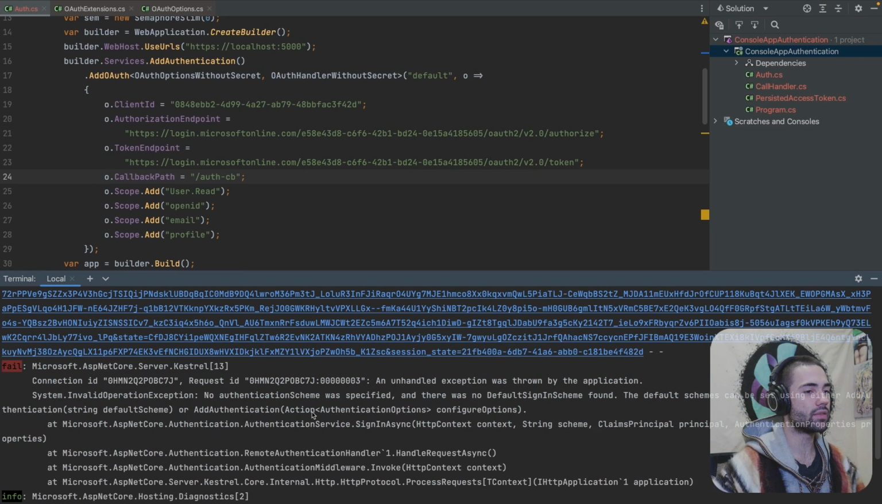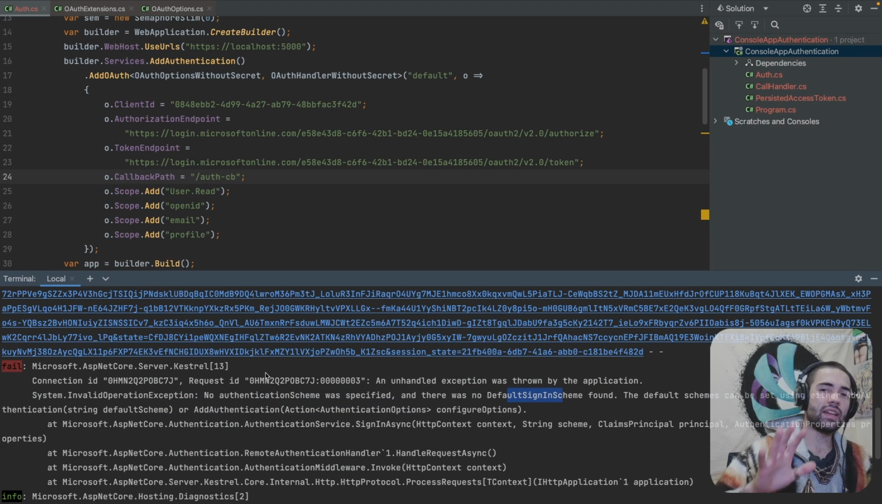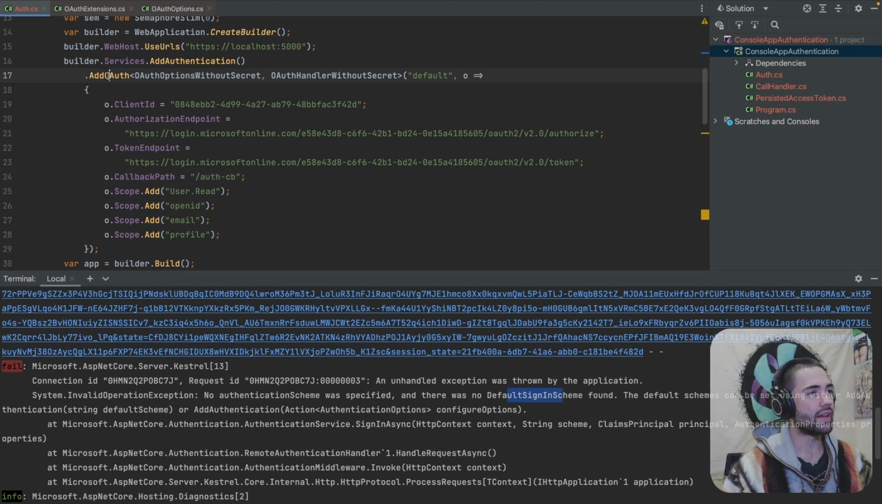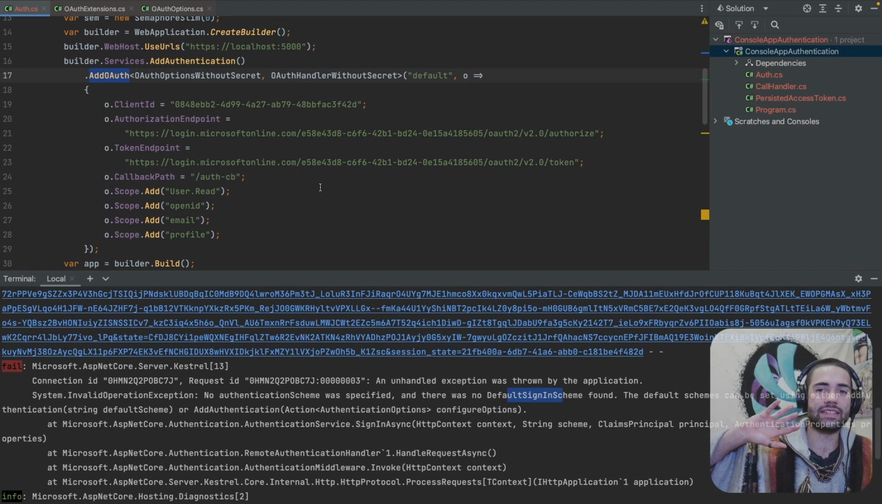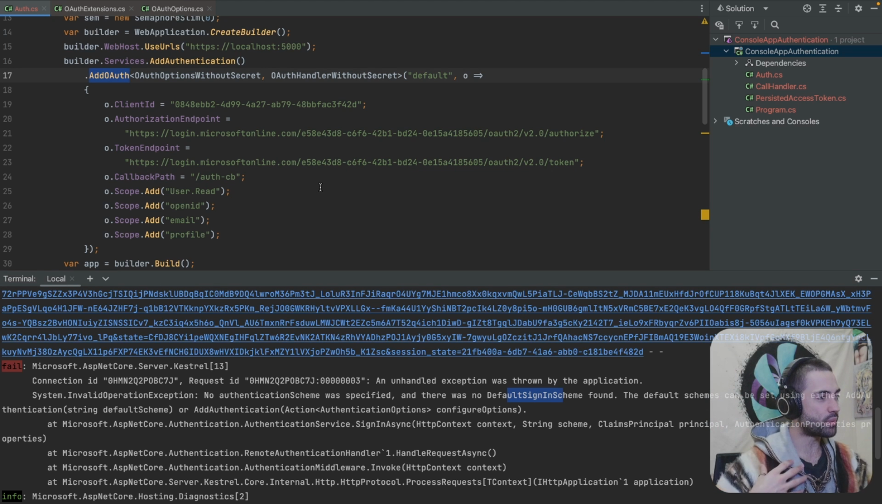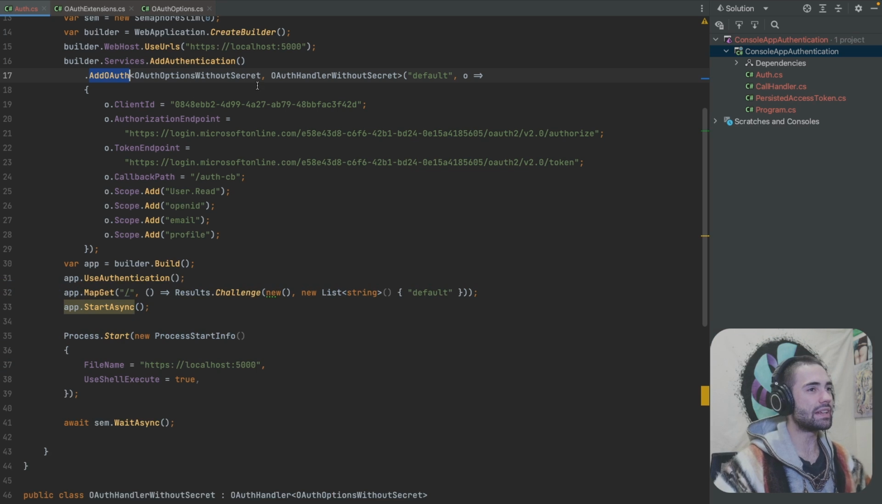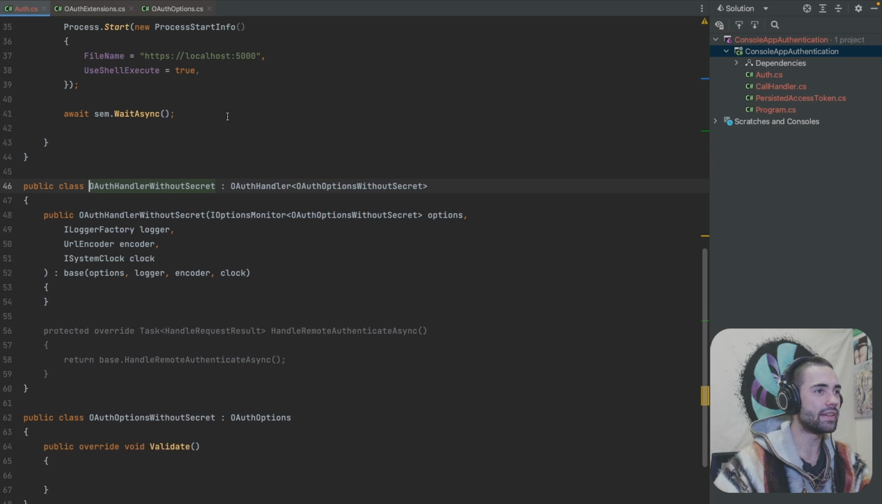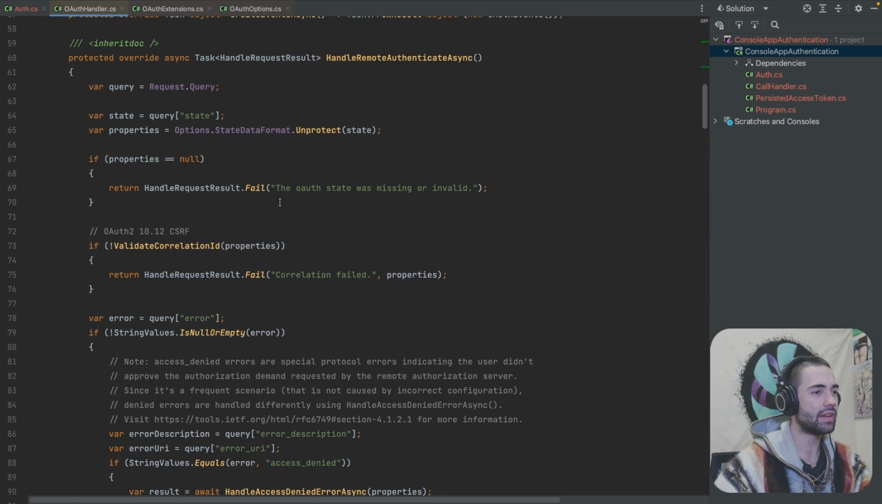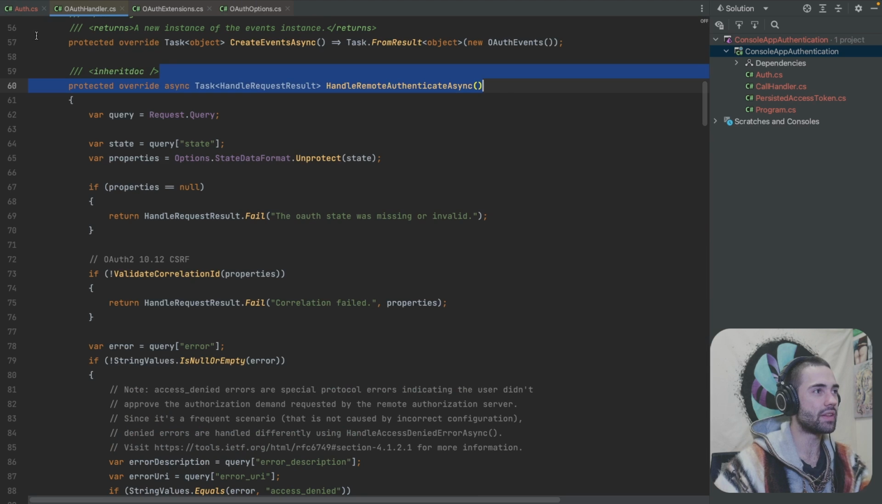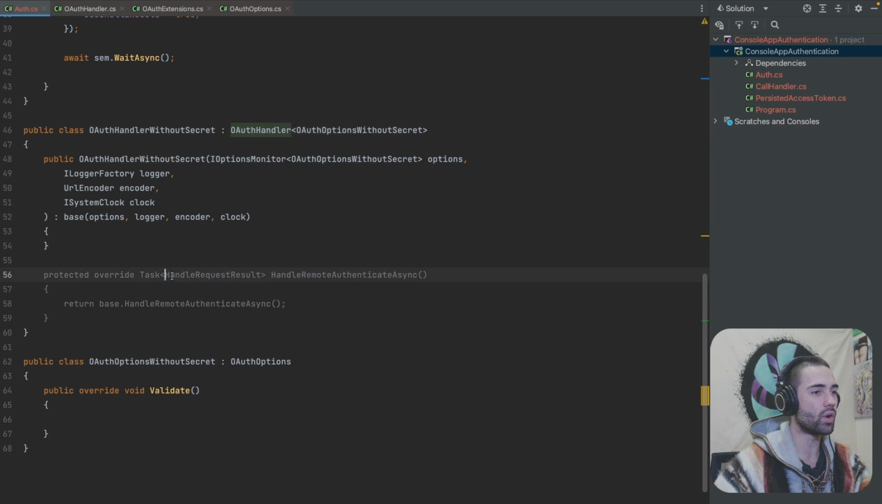Now, the error that we're getting is that there is no authentication that was specified in the default sign-in schema. If you know anything about the AddOAuth handler, it is trying to sign us in with some kind of cookie. And if you watch my previous videos, you are already initiated. You know that if we go to the auth handler, the HandleRemoteAuthenticate function that we have overridden over